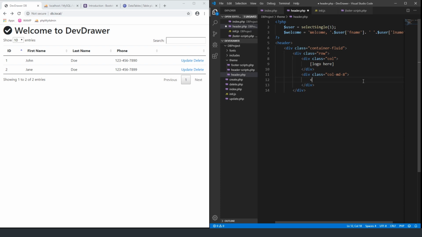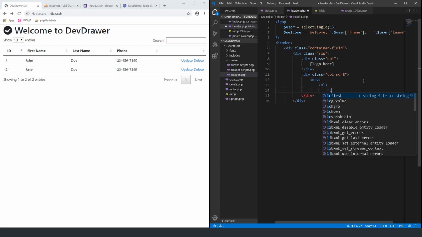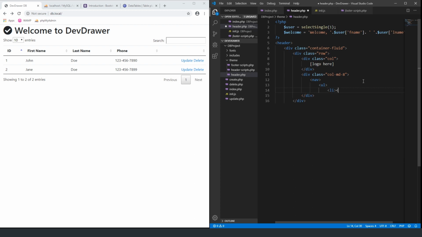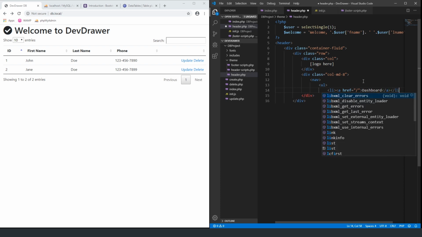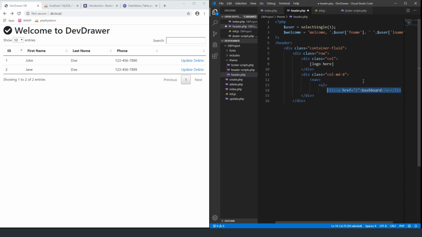And we're going to add a nav tag, and then inside of the nav tag we're going to do a UL, which stands for unordered list. If we wanted to do an ordered list, we would do an OL, which would display numbers. This one would display dots, which we will handle through our own CSS. So let's go ahead and add an a href equals slash just to be able to bring them back to the home page, which we're going to call dashboard. Alright, so we got our first list item, and let's go ahead and close out our list